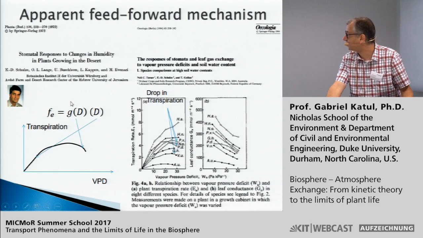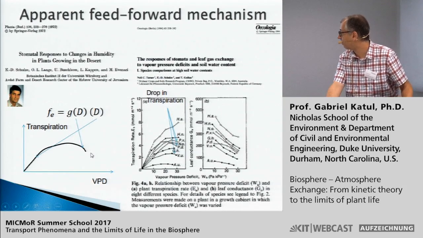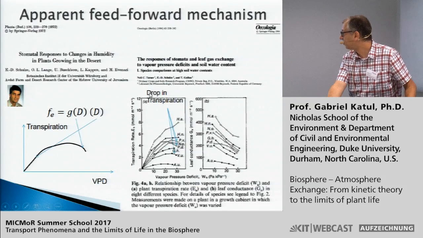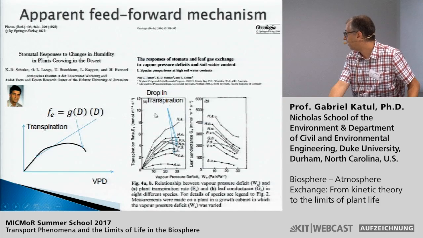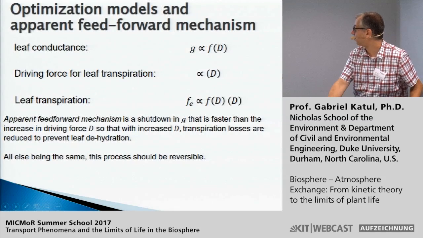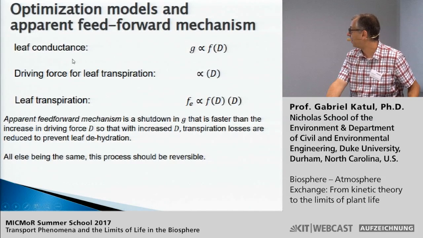So that would suggest that the stomatal conductance, as a function of vapor pressure deficit, is dropping faster than the driving force. And that generates this sort of curvature. This sort of pattern has been observed before in many data sets. Again, these are some papers that have reported those sorts of graphs, so you could see the exact source. And the question is, can stomatal optimization theories predict this sort of pattern? Or at least what do they give for this sort of pattern?